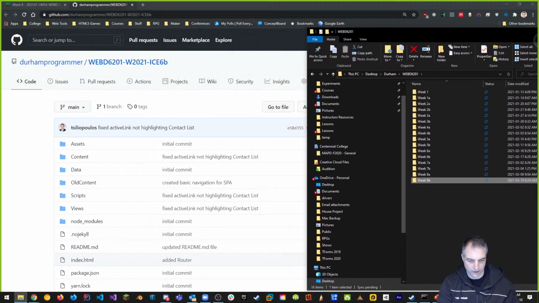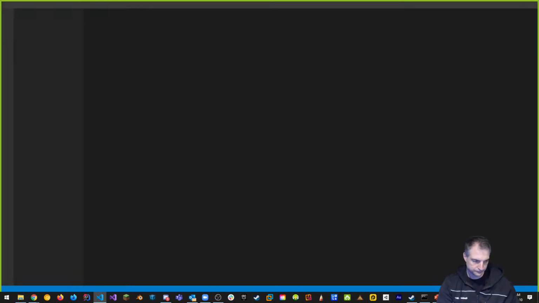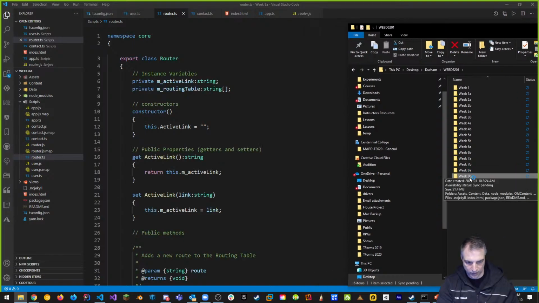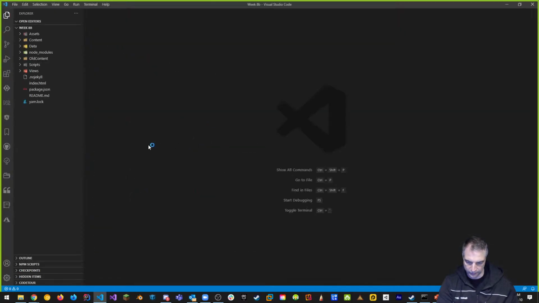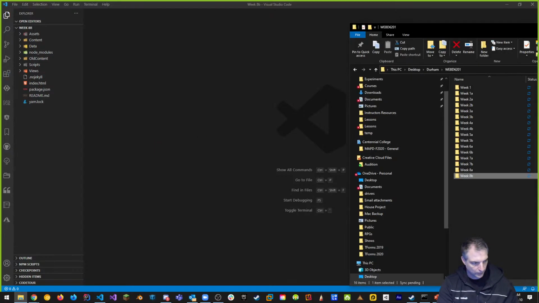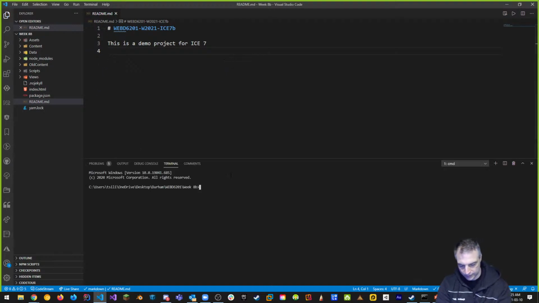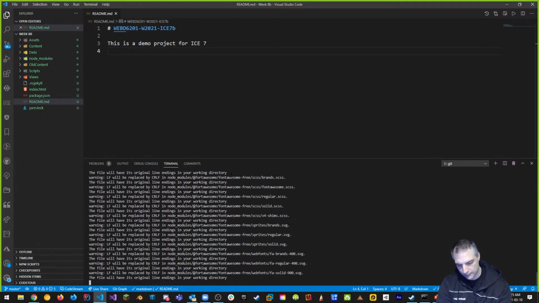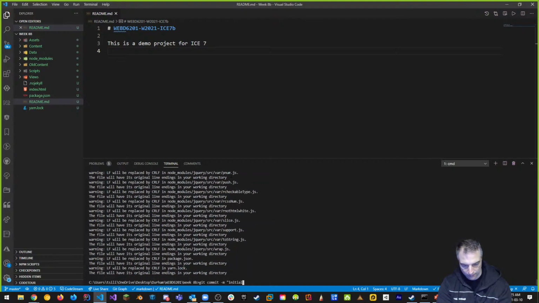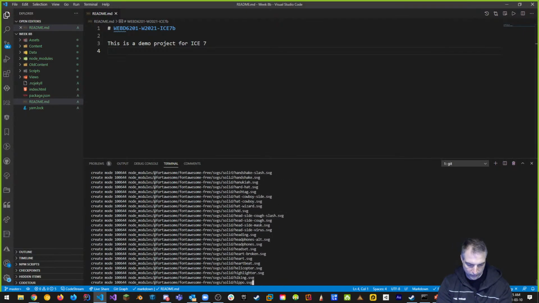So I'm going to grab that file. I'm going to pull up VS Code and drag and drop 8b into there to start off with what we're going to do. Okay. And just like normal, before I put it up on GitHub, I want to change this to 7b. And I want to do the git stuff. So git init, git add dot, git commit -m, and we'll say initial commit. So all those things are normal.